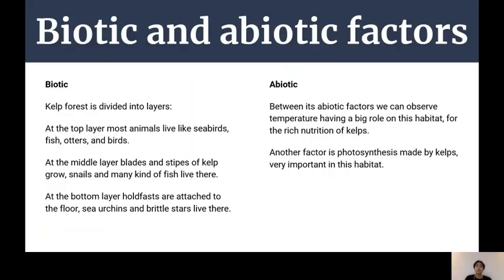Now let's talk about its biotic and abiotic factors. Well, biotic, we can see that kelp forests divide into 3 layers. At the top layer, most animals live, like seabirds, fish, otters, and many types of birds. At the middle layer, blades and stipes of kelp grow. Snails